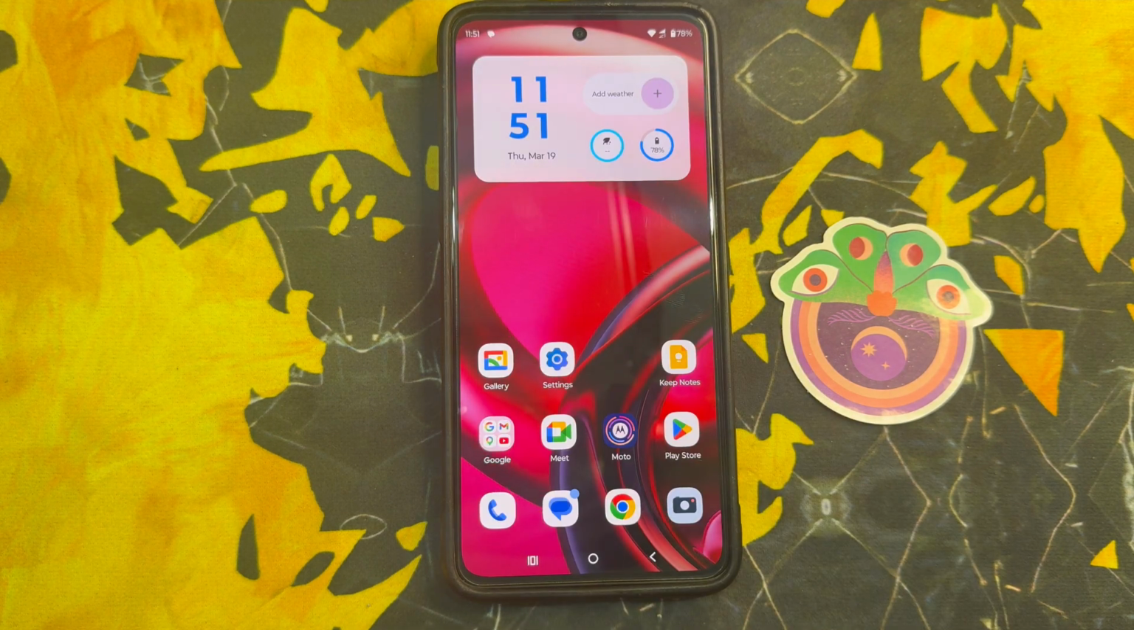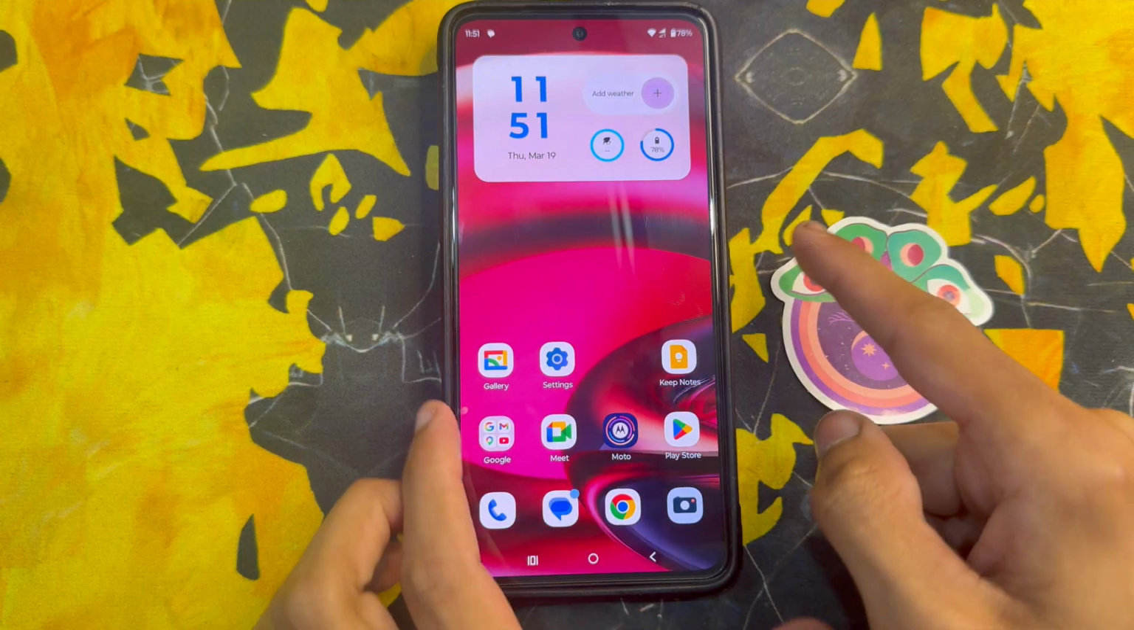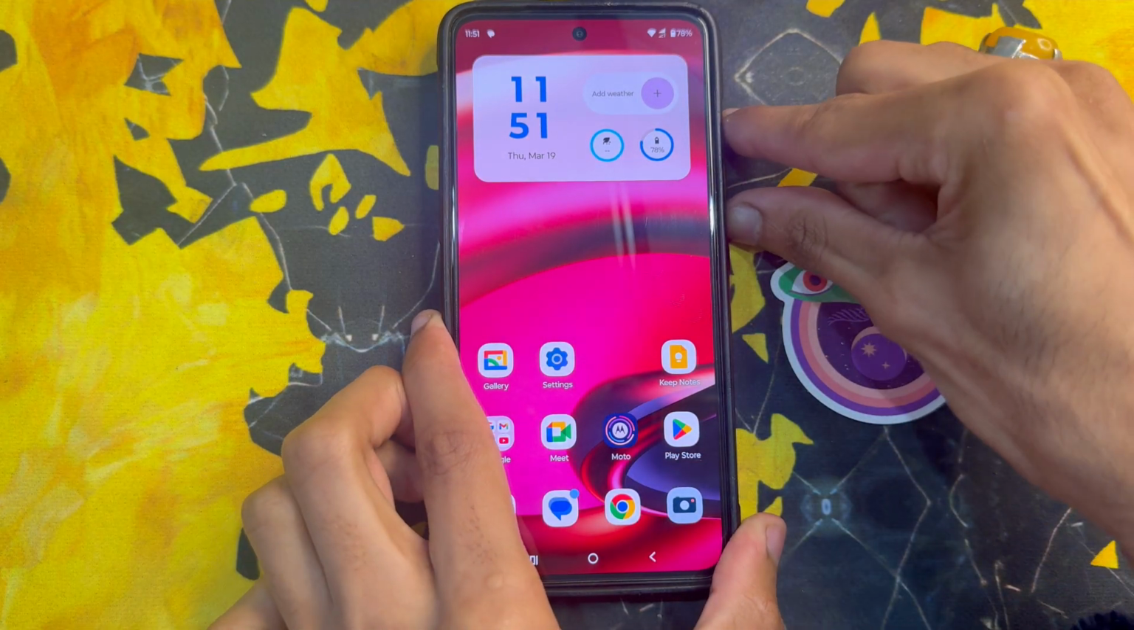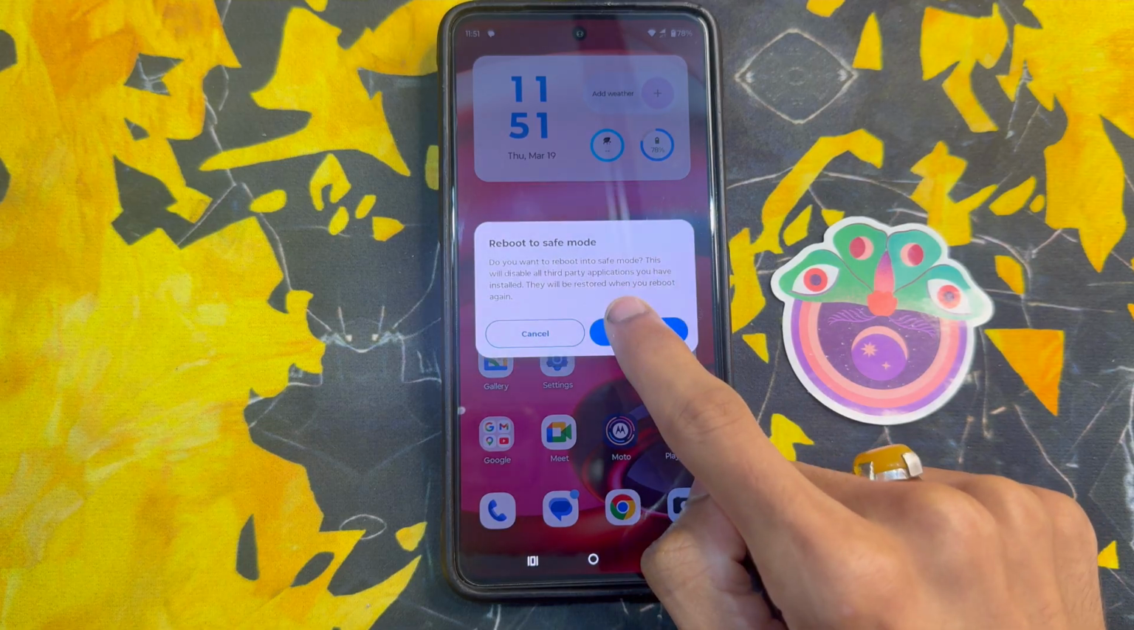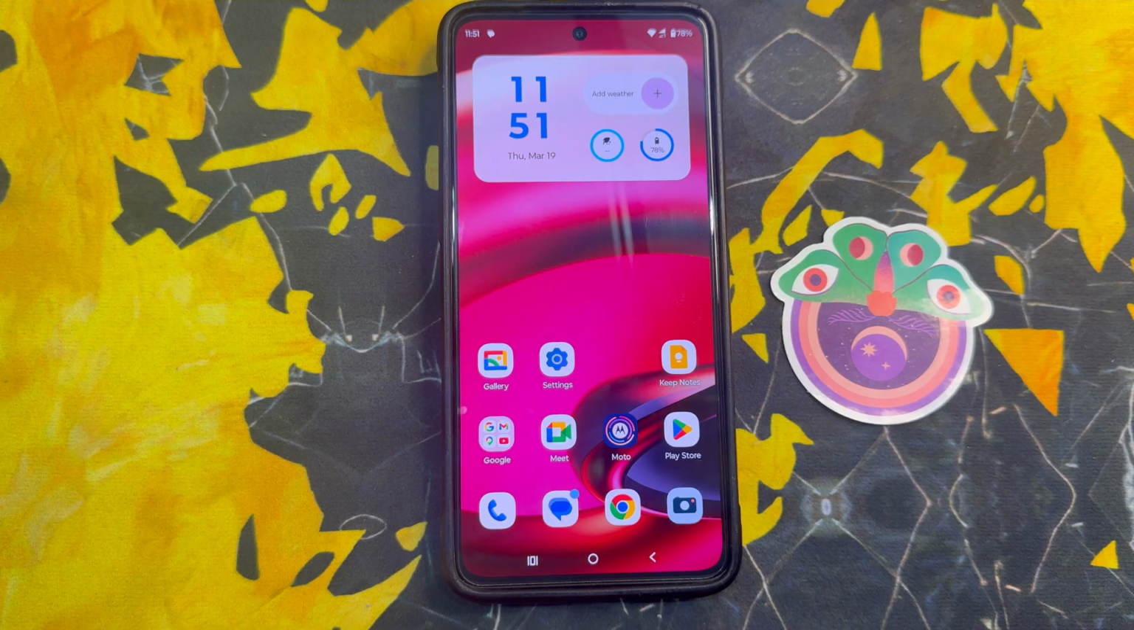You will see your problem is solved, but if it is still not solved, restart the device. Just click and hold side button and volume up button at the same time and click on restart. After clicking on restart, go back to home screen. So that's how you can fix if not receiving MMS messages on